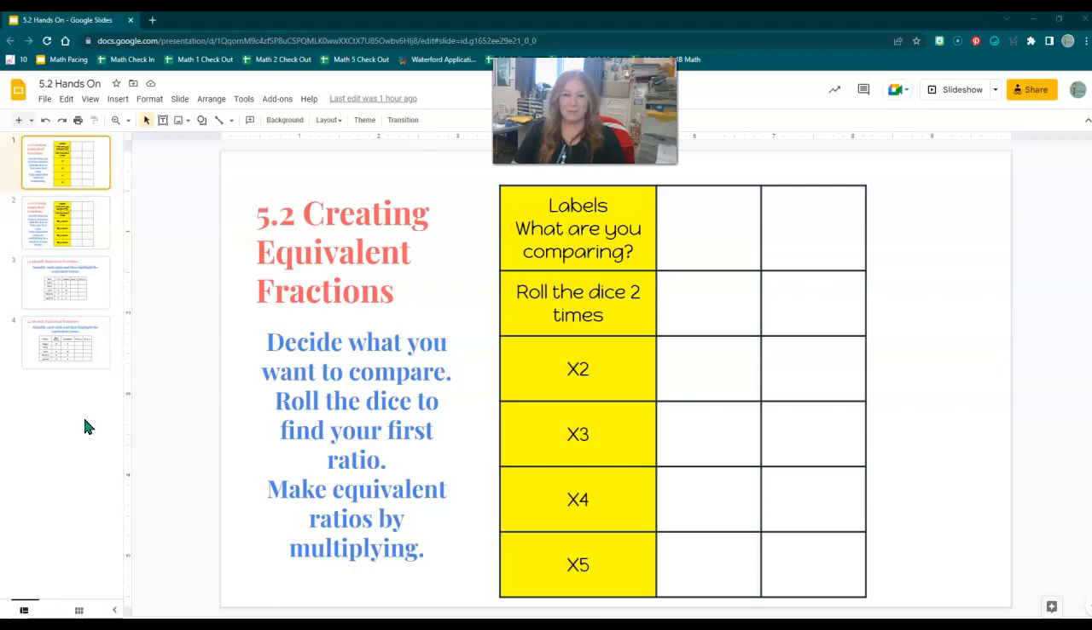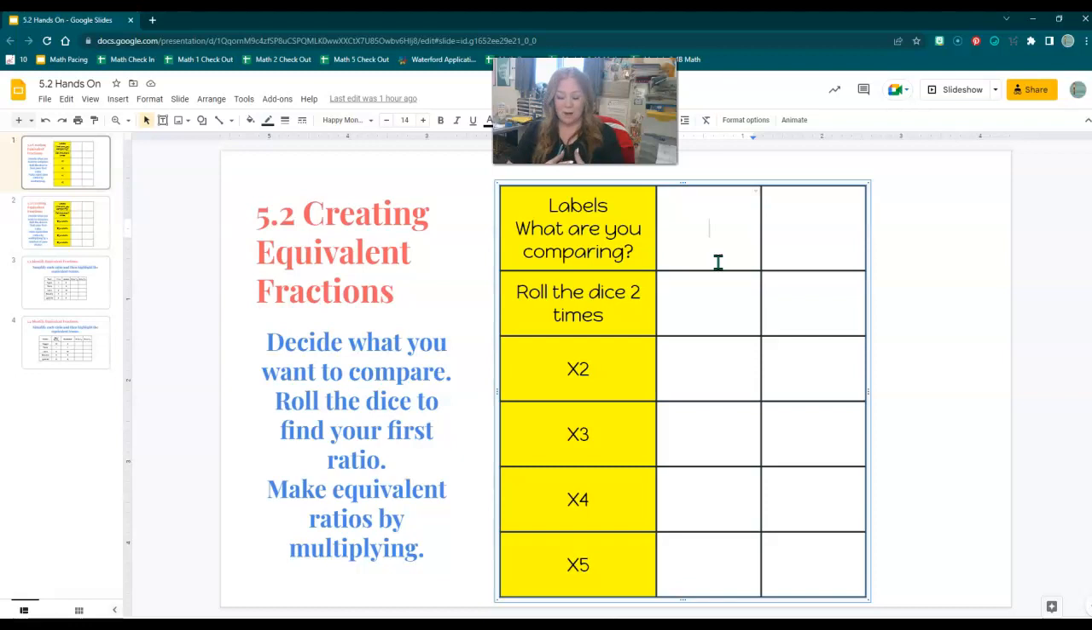For our 5.2 hands-on, there are 4 slides you are going to be doing. So you'll want to copy, name it, and file it from Canvas. The first one says that we're going to decide what we want to compare. So you get to put anything, okay, maybe not anything, appropriate here. So I am going to compare how